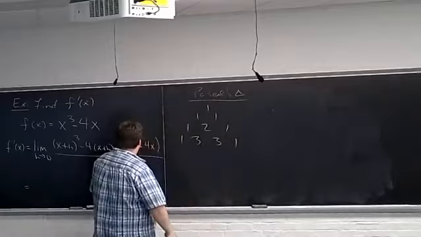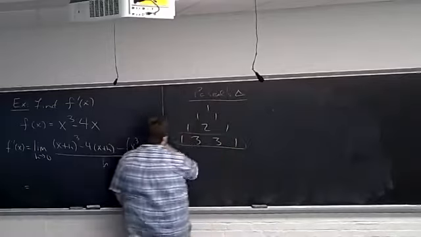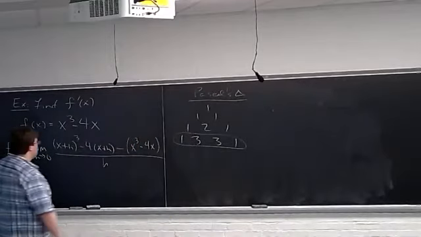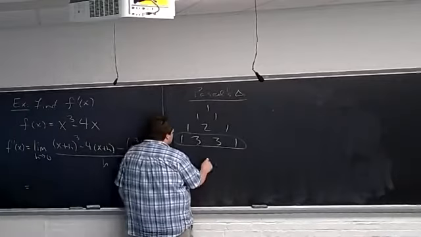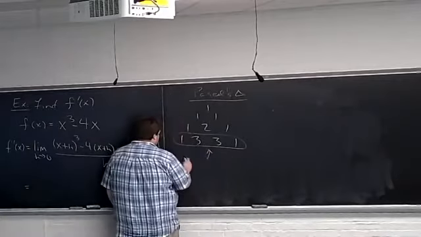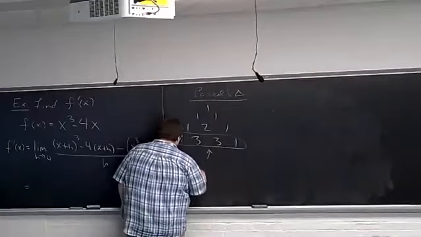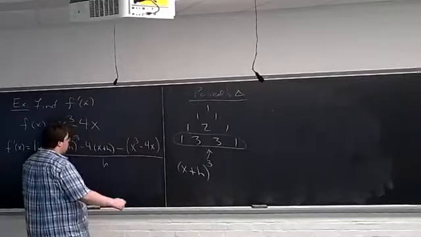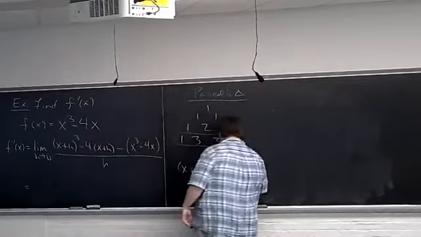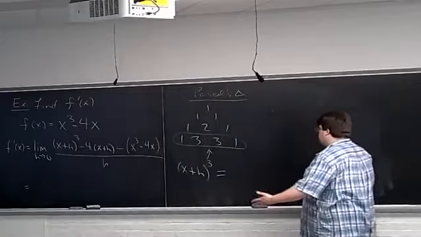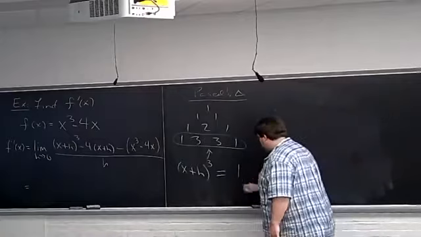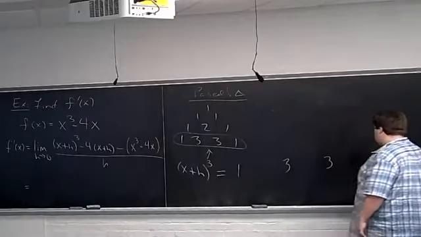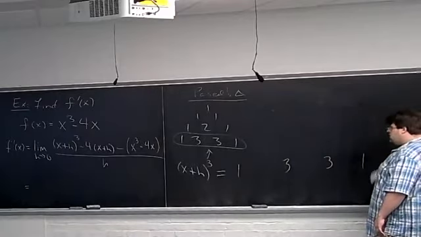Stop it there because that's all we need for this example. Go to the row where the exponent is the second number. 3 is the second number in that row. This gives us the coefficients. Now we count. x plus h cubed. What does this equal? Well, 1, 3, 3, 1 give the coefficients. So I'm going to write 1. Gonna write 3, gonna write 3, gonna write 1,